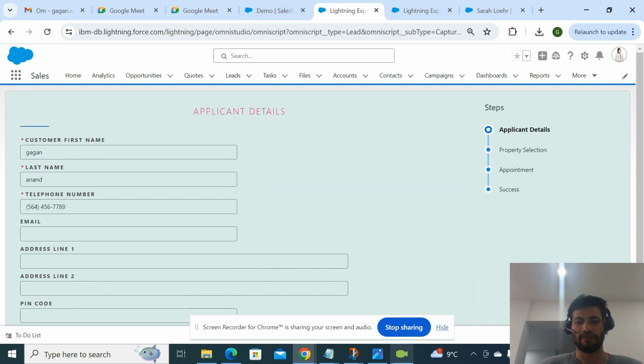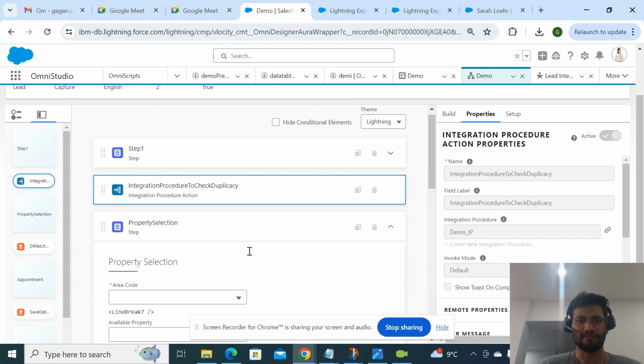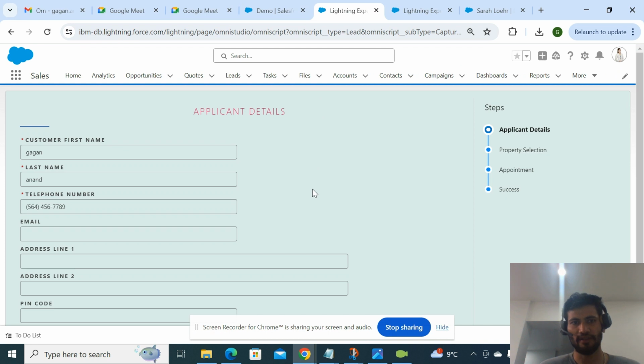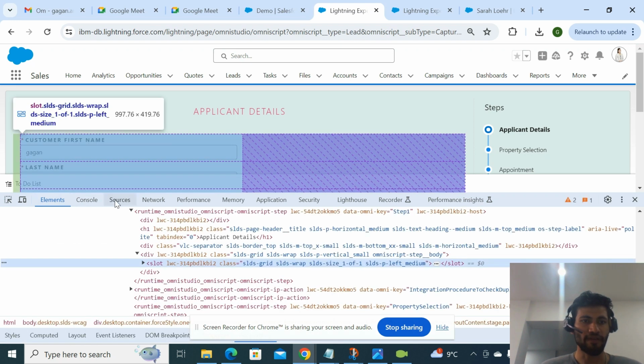Okay, now there are a few questions. So this is like a small configuration you can do, drag and drop. But the challenges that you can face here is, first of all, how I've added the CSS. So if I right click, and go to inspect, okay, and go to source,